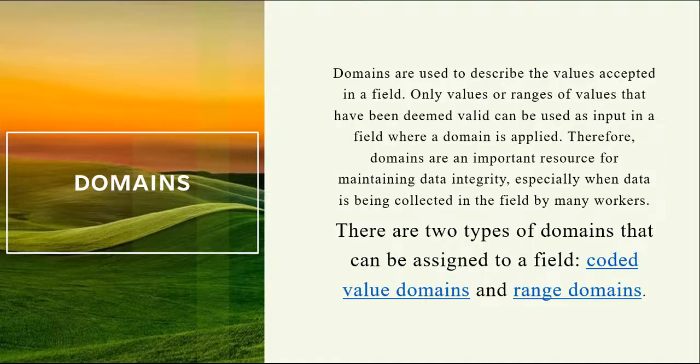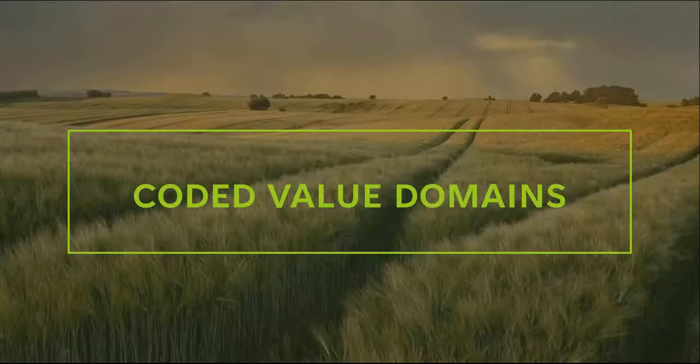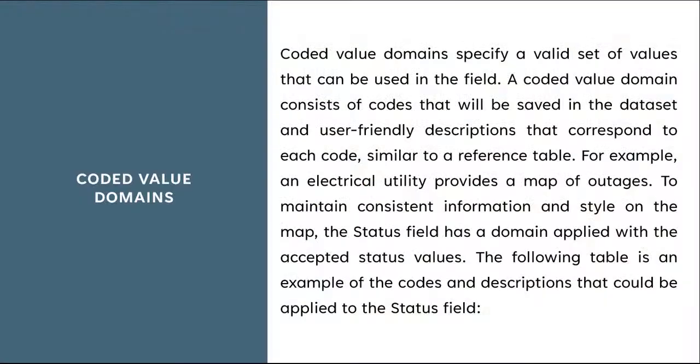Now, basically, there are two types of domain that can be assigned to a field: the coded value domain and the range domain. Coded value domains specify a valid set of values that can be used in the field. A coded value domain consists of codes that will be saved in the dataset and a user-friendly description that corresponds